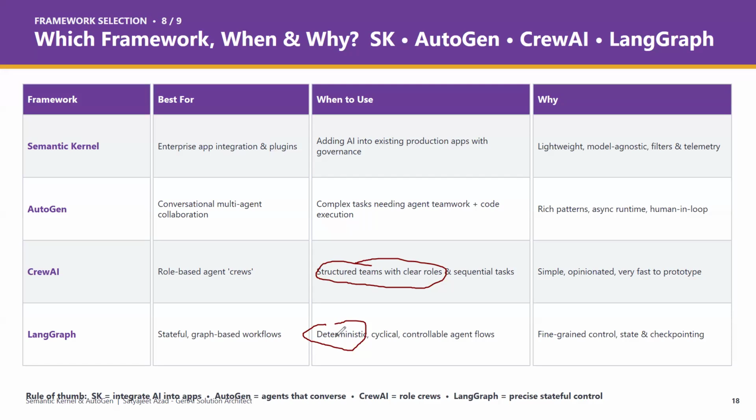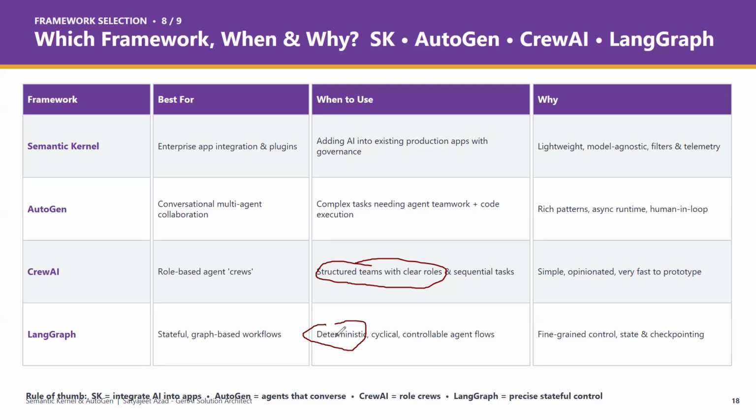Okay, so this is the entire framework that I was just talking about, where we are able to cover these 4 frameworks now: semantic kernel, Autogen, Crew AI, and LangGraph. And each framework is solving different and unique use cases, which you can also work on. This table will give you insights on when to use and why, because if you know when to use and why, that will give you more clarity.